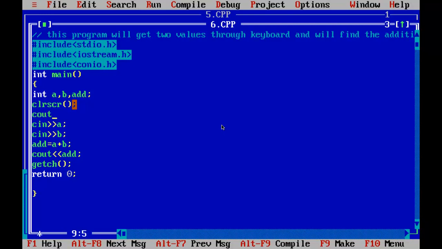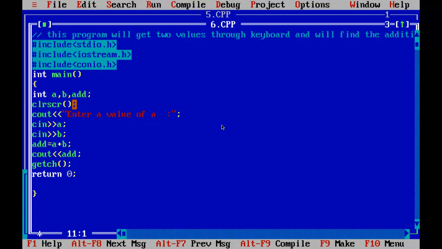So cout, less than sign, enter a value of A, like this, and semicolon. We want to display a message before reading the value.